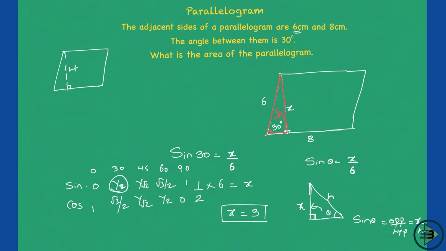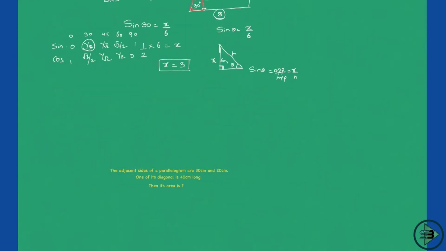So what do I know right now? This is equal to 3. That's it, the problem is solved now. What is the area of a parallelogram? Base, which is 8, into height, which is 3. x is equal to 3. So 8 into 3, the area of this parallelogram is nothing but 24. And that is your answer to this question. Simple as that. Just know one formula, but you should know other things as well to reach this, or else you will never get the answer.